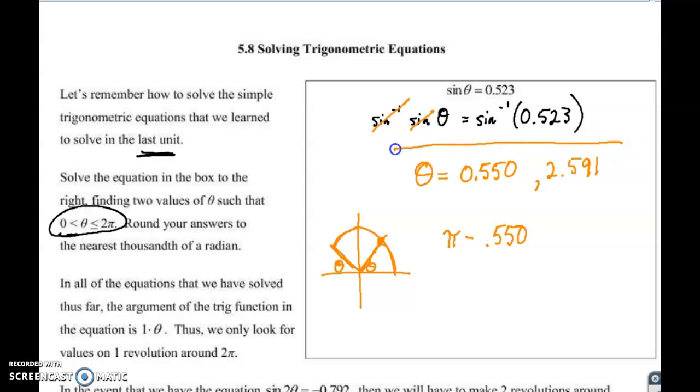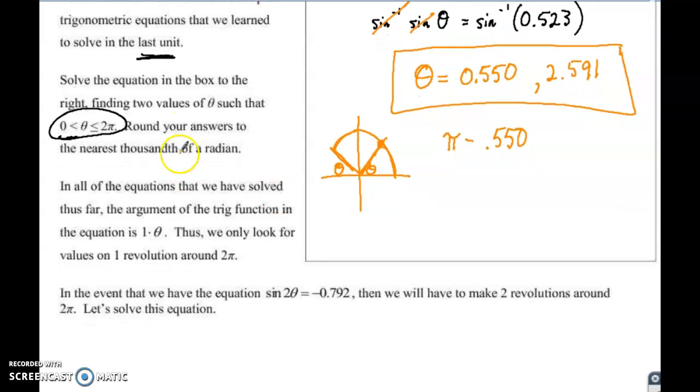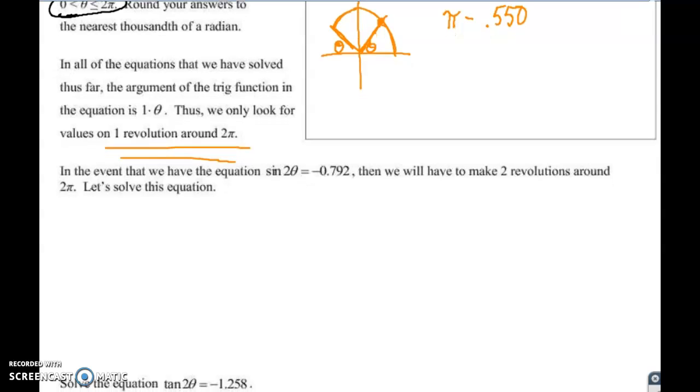All right. Now that's just for one revolution. It gets more complicated if we have a double angle. The reason it gets more complicated is because if we want answers for theta on the interval from 0 to 2 pi, including 0 and not including 2 pi, which is typically how math books will write it, well, if you were to double theta,